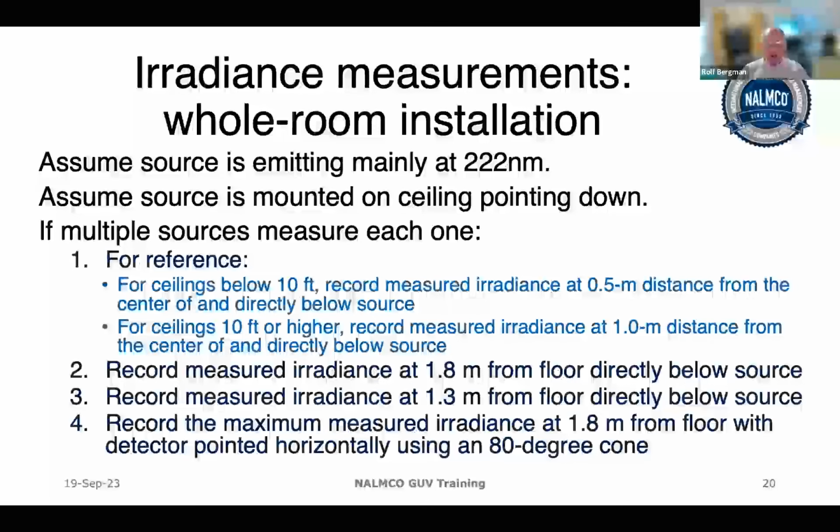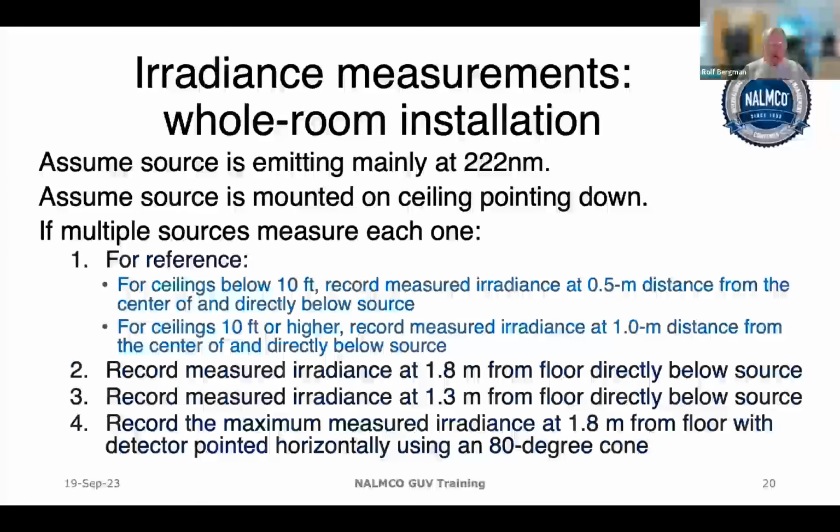You also want to record the irradiance at 1.3 meters from the floor directly below the source. The 1.8 is for someone standing. The eye level is about 6 feet of a tall person. 1.3 meter is for someone sitting. The reason we want to make a difference is that we don't expect a person to stand for 8 hours, but we may expect a person to sit for 8 hours directly below the source. But in any case, all you need to do is record the values, with the detector pointing